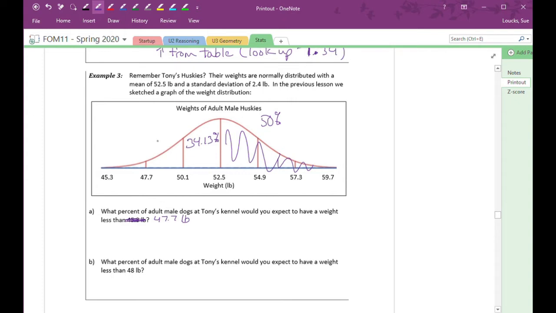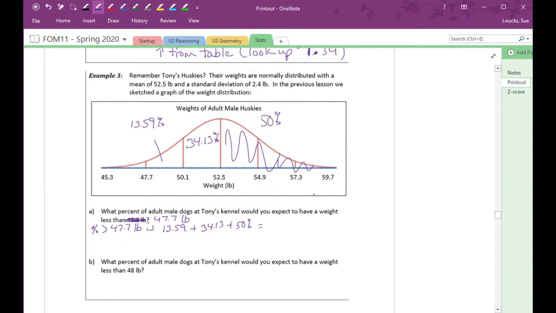And this section here is 13.59%. So the percent that is greater than 47.7 pounds is 13.59 plus 34.13 plus 50%, which equals,